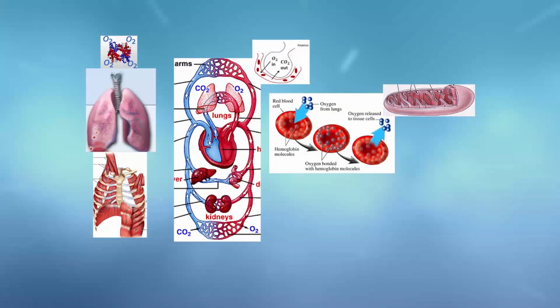If that does not happen for any of many reasons, then there is not enough oxygen in the mitochondria. You cannot do the pyruvate cycle or the Krebs cycle. You're going to turn into a bacteria. Your body is going to act like a bacteria because there is not enough oxygen. You're going to be anaerobic, without oxygen. So anaerobic metabolism generates a small amount of ATP, only like 2 molecules, and at the same time produces lots of lactate. And that is a problem because lactate is not good.